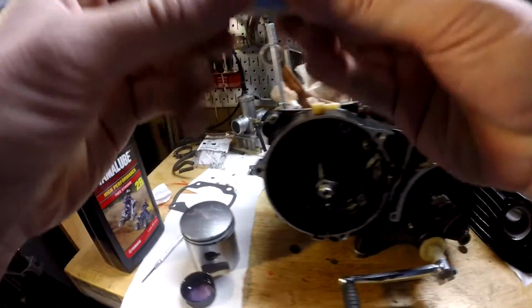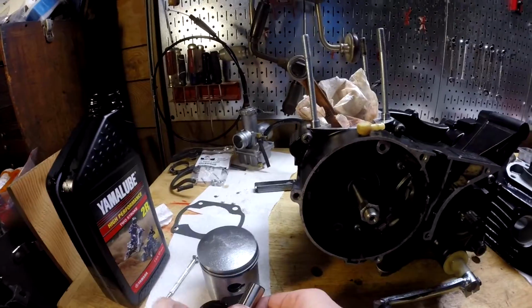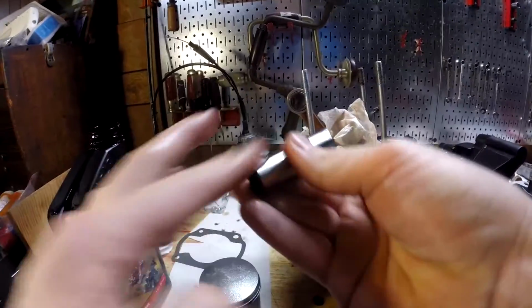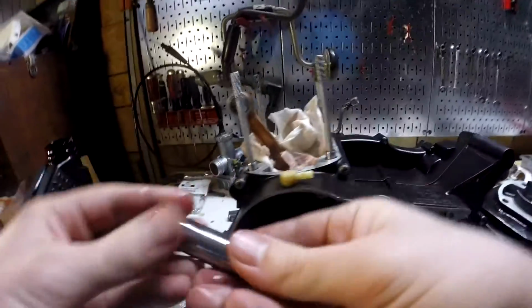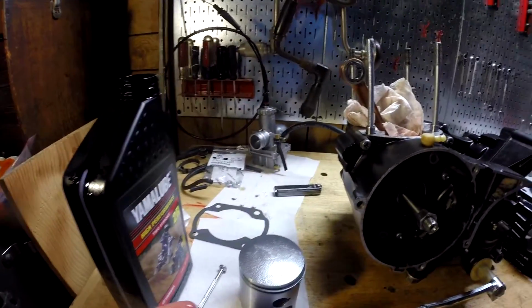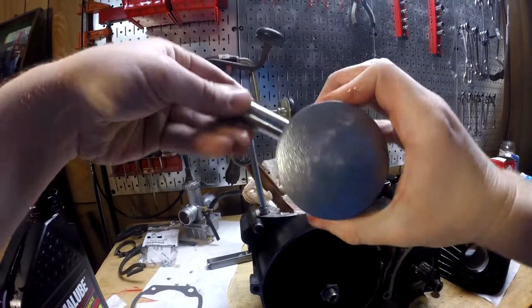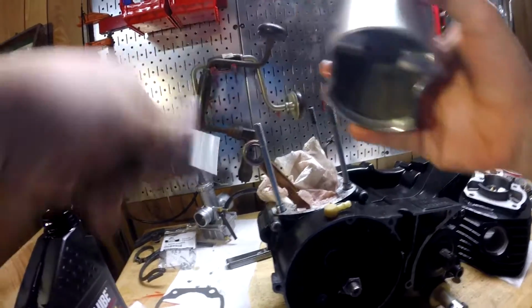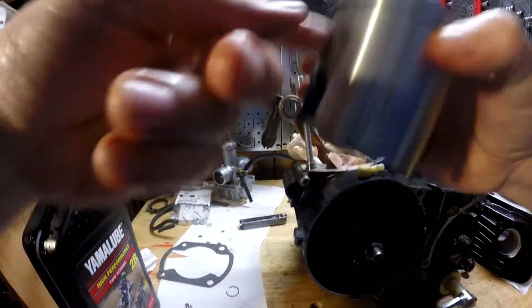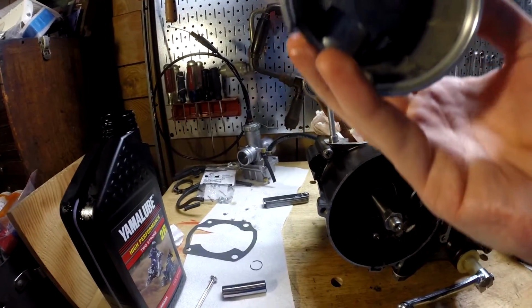Dang, that thing is shiny. So we get some oil on that. Lube it up real good. And take our piston, put the pin in part of the way. Yeah, probably need to put some oil in that too. Oh wait, that's the side with the circlip. That won't work